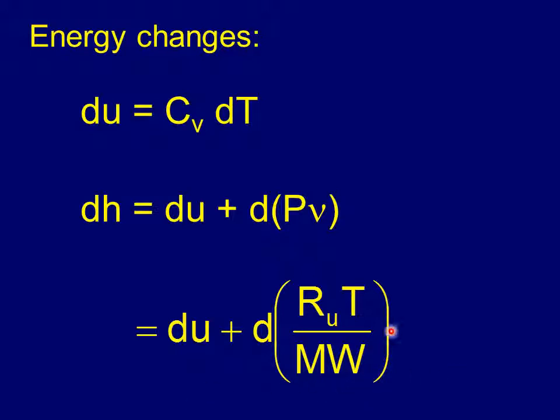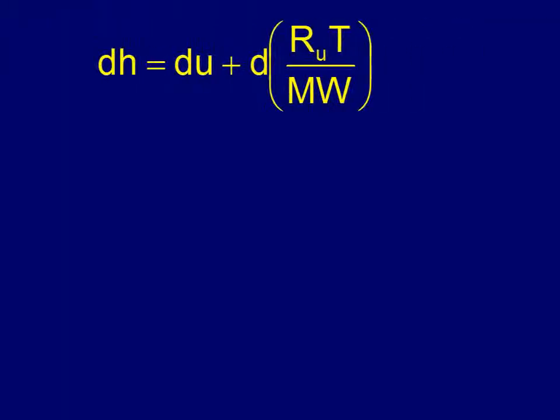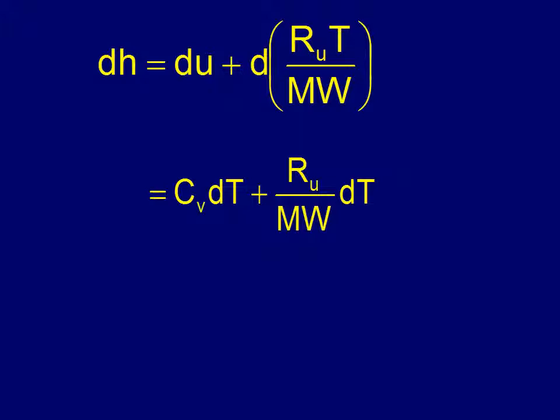Now the only variable in that quantity is temperature, so we can take this out and say that dU plus Ru over molecular weight times dT will give us dH. So in fact, we wind up with dH equals Cv plus Ru over molecular weight, all times dT,